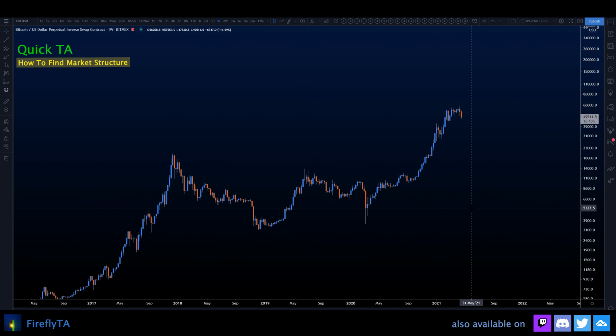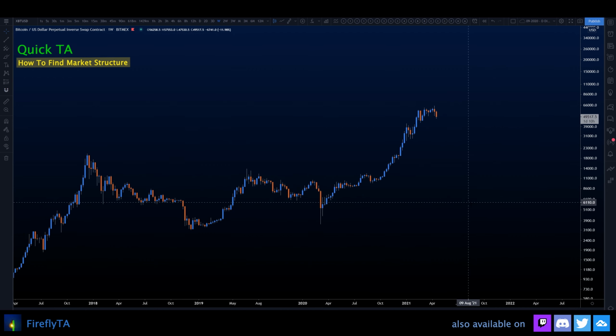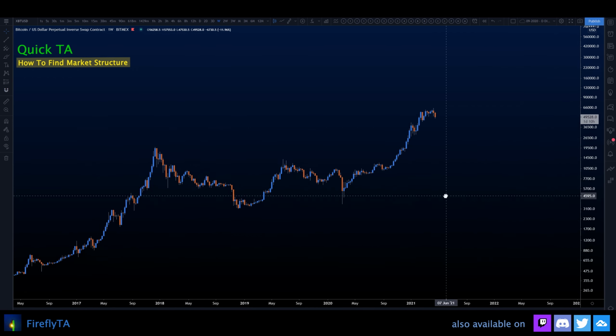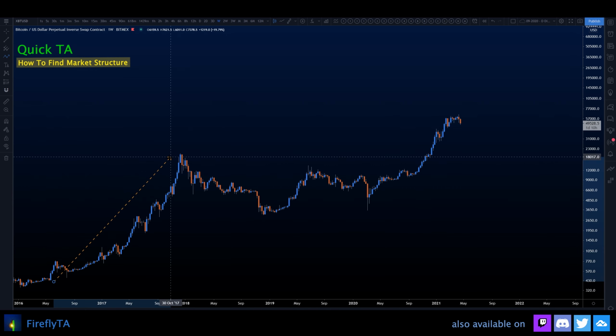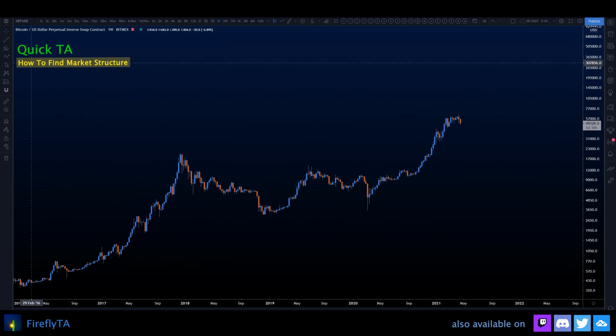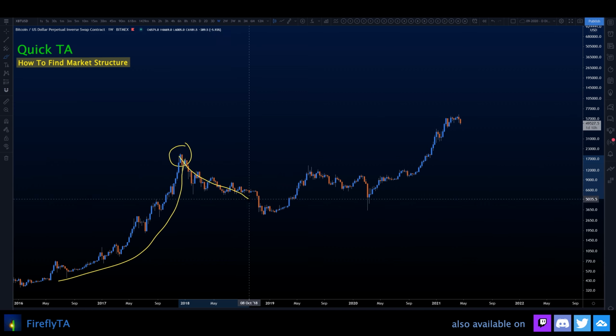Here you can see the Bitcoin chart on the 1 week. This is kept very simple, so we can identify clean trends in this chart. On this chart, you can see that we have been trending up here in 2017 in this bull run, topping out here. Then we started a downtrend from here, a larger downtrend, as you can see, which bottomed out here at 3K. And then we had another uptrend,